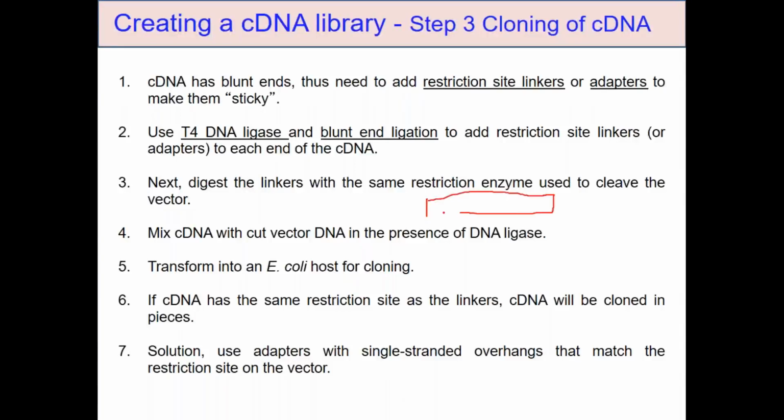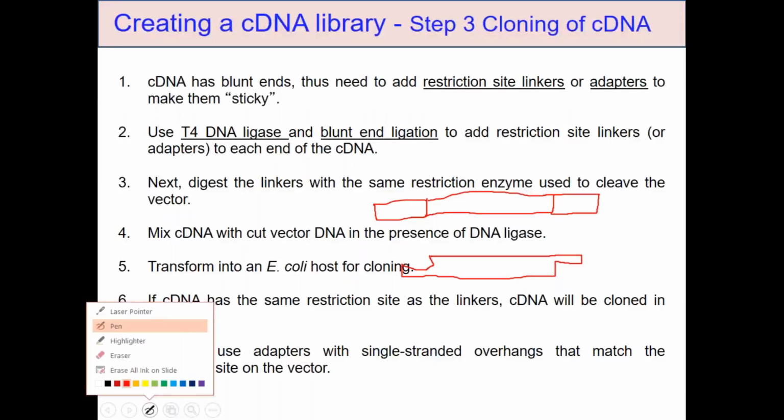This is your blunt end mRNA. In that they will add an adapter to both ends. This adapter will have a restriction enzyme site. So when they use T4 DNA ligase, it will cut like this. Now by creating this sticky end, it is very easy to ligate into a